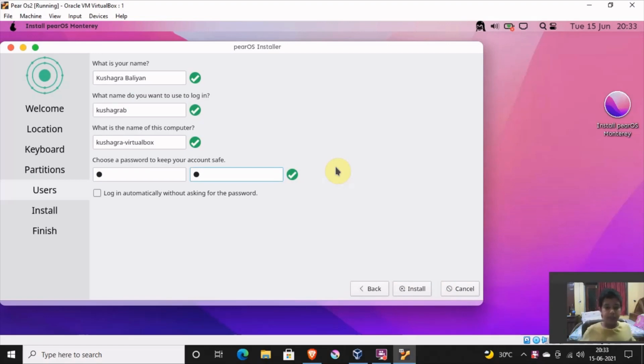So after it has installed, in the finish menu you will see that it gives you an option to restart the computer. So just click on finish by checking the box restart now, and then it will restart the system. When you see the message to remove the installation media, then press enter. You have to do something like this.